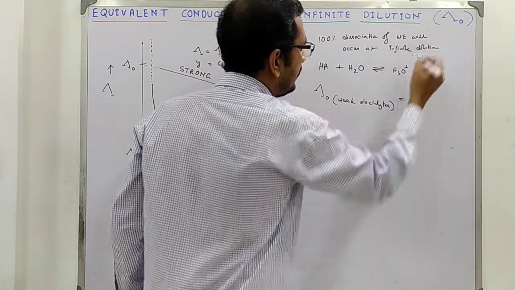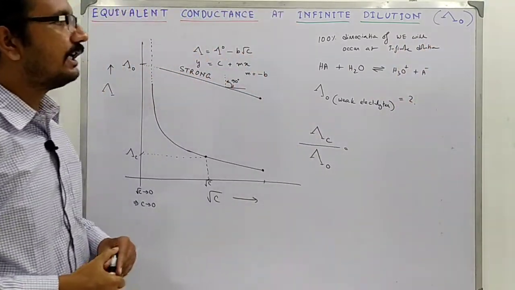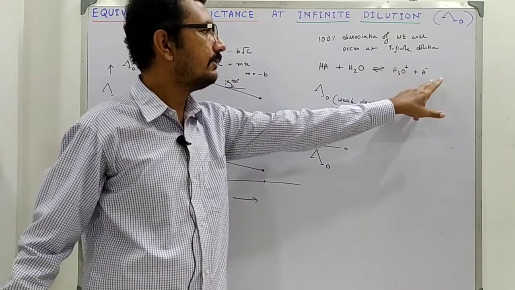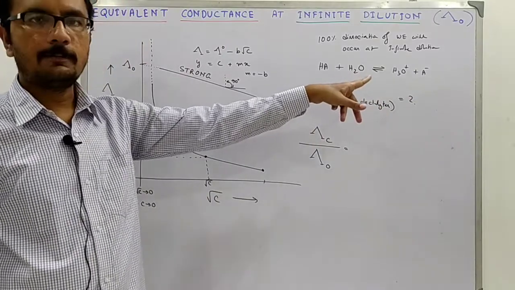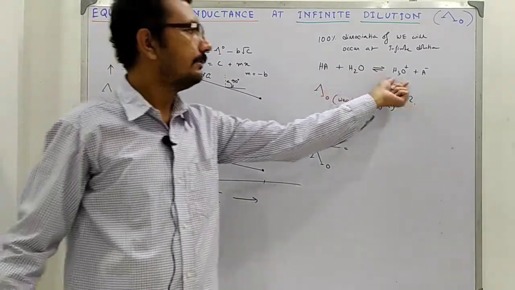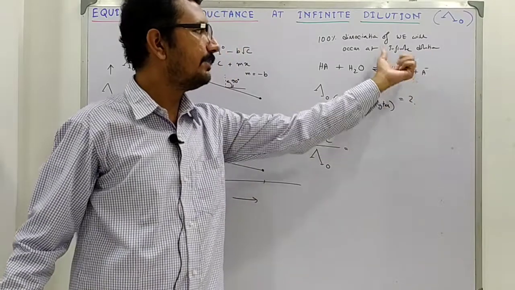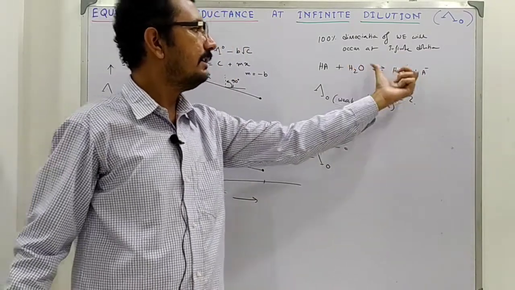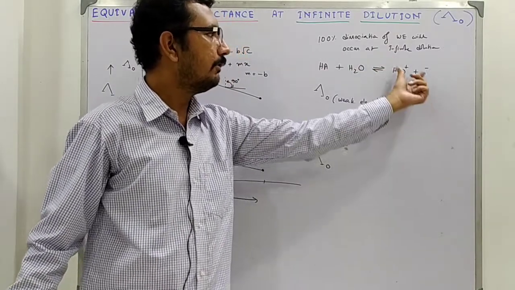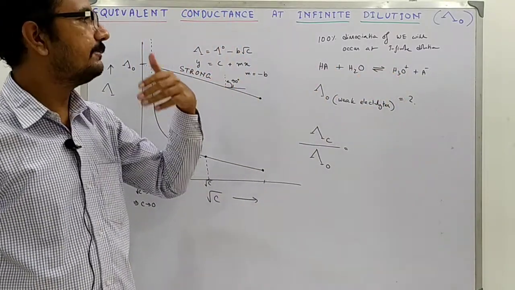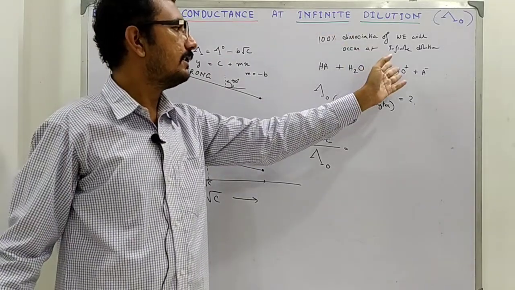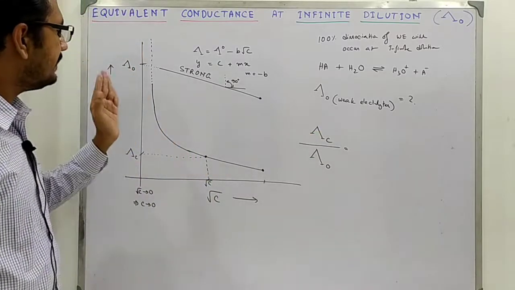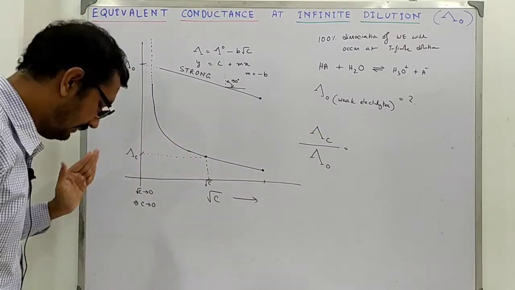Since when the solution is infinitely diluted, there is no chance that this H3O plus and A minus will touch each other. They cannot feel each other. So, that is the state of infinite dilution. So, this is going to remain in this state forever. It will not come back. So, we will experience 100% dissociation as per Le Chatelier's principle. So, we have the maximum number of ions that is possible